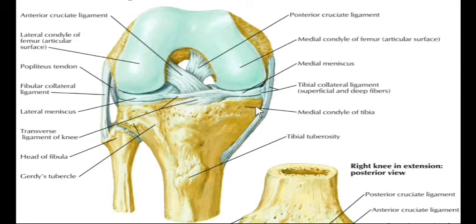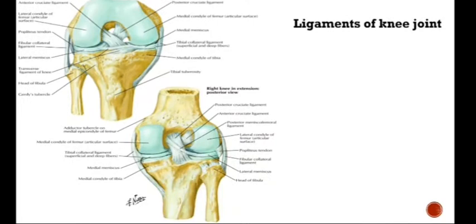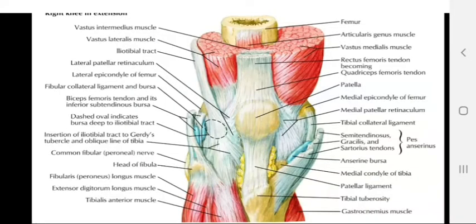Let's identify these ligaments. Follow the mouse pointer and I will show you the ligaments with their origin and insertion points. First of all, the fibrous capsule. The fibrous capsule is not shown, and I am going to discuss this capsule in the end. The second is ligamentum patellae, or patellar ligament,